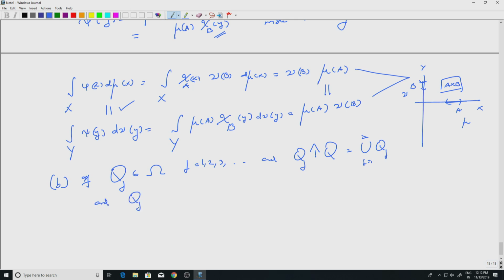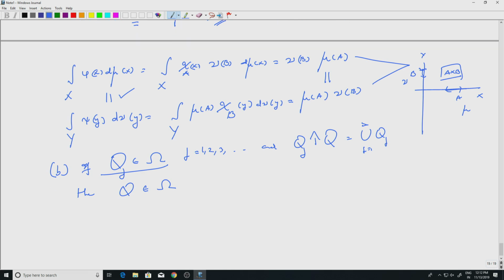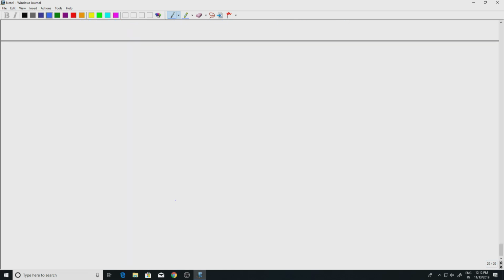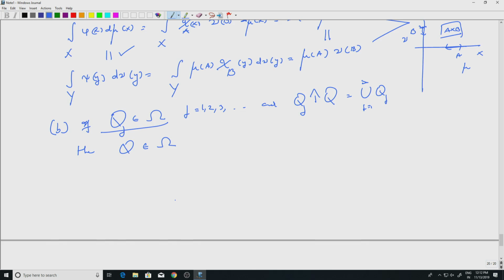And Q, well then, so conclusion, I started with Qj in omega, then I want to say Q is also in omega. So, I am trying to prove that omega is a monotone class, right. So, increasing limits are there and I want to say decreasing limits are there. Omega is a monotone class and I will prove that omega contains elementary sets, and so omega will contain all sets from the product sigma algebra by the monotone class theorem.